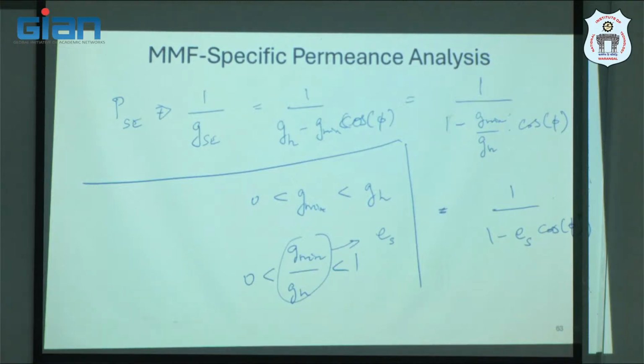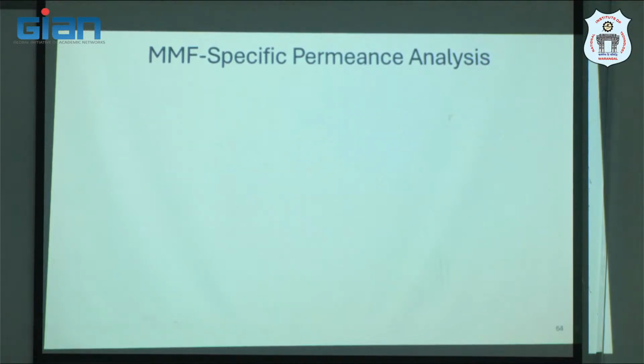So this is the expression for our permeance function. Now what I am going to do is let you substitute different values of angle. ES in this example is 0.5, severity is 50%. Substitute different values of phi and create a table